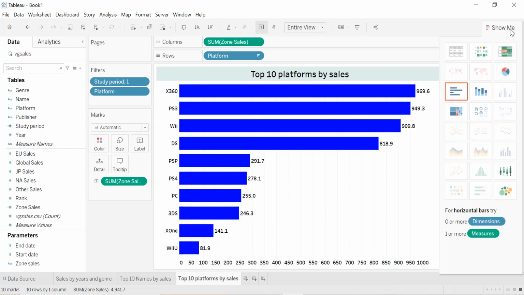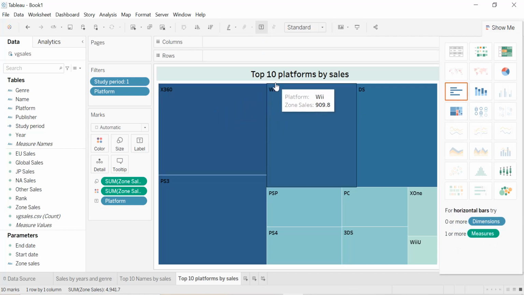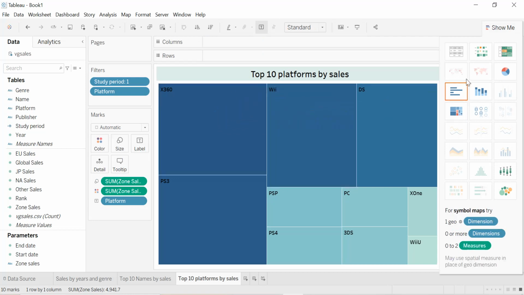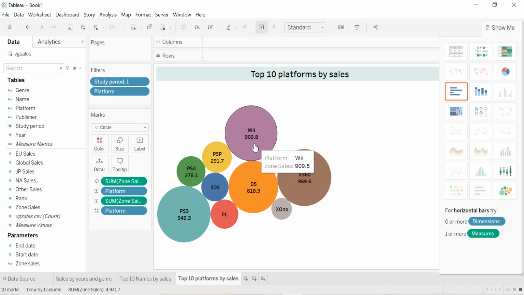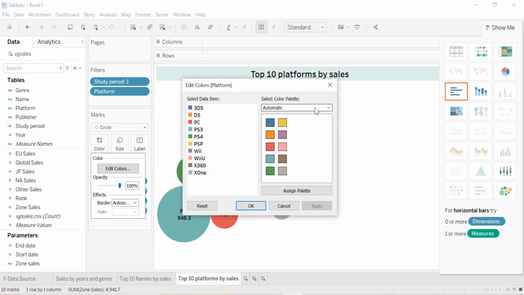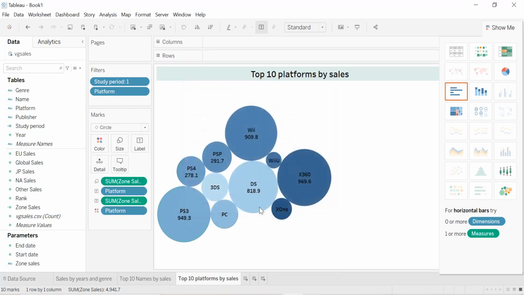You can also change the type of the graph. For example, if we want to have a tree map, or if you want to have, for example, a bubble chart. Okay, and for example, you can change here the color. So we add the sum into the label. So can we see the sum? And we can change the color, right? Edit color. For example, we can put it in blue. Assign palette. Apply. Okay. But when we change it into this, the color will depend on the platform,